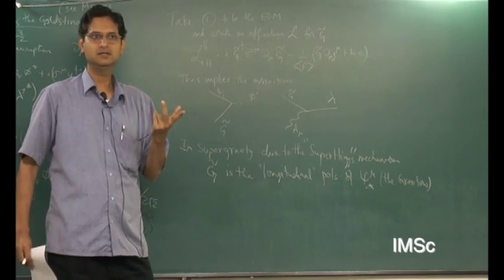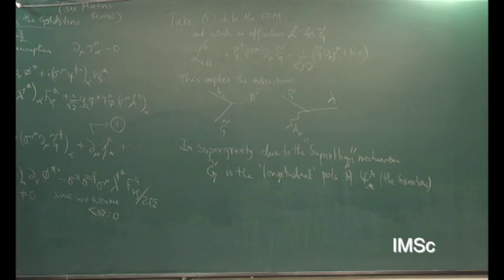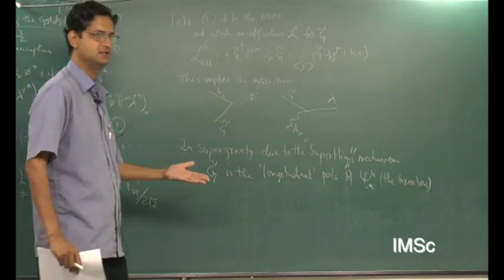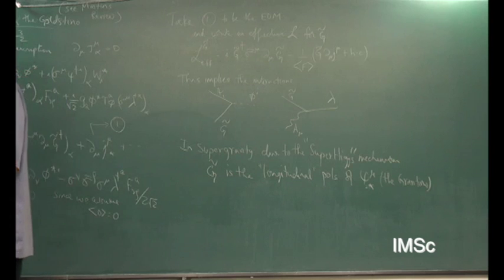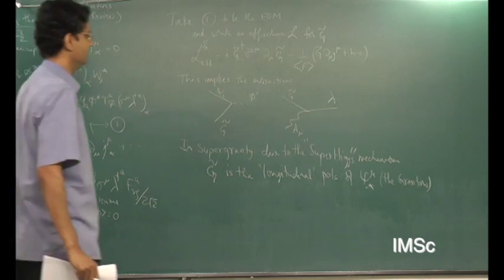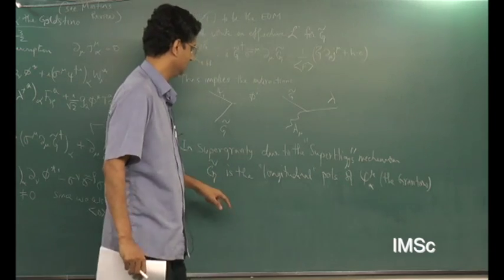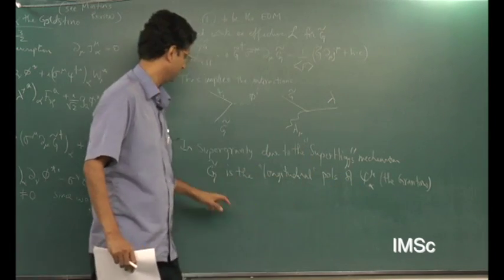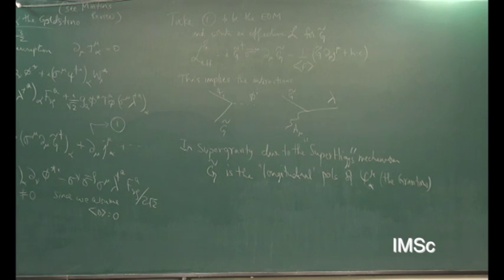And the extra 2 degrees of freedom comes from the G twiddle for a massive one. It's the same way that the Higgs mechanism works. In the standard model, the massless gauge field has 2 polarizations, and a massive one has 3 polarizations, so the extra polarization comes from the Higgs, right, from the Goldstone. And the same thing is here: this has 2 polarizations, massless, and a massive one has 4, and the extra 2 comes from the Goldstone fermion in this case.